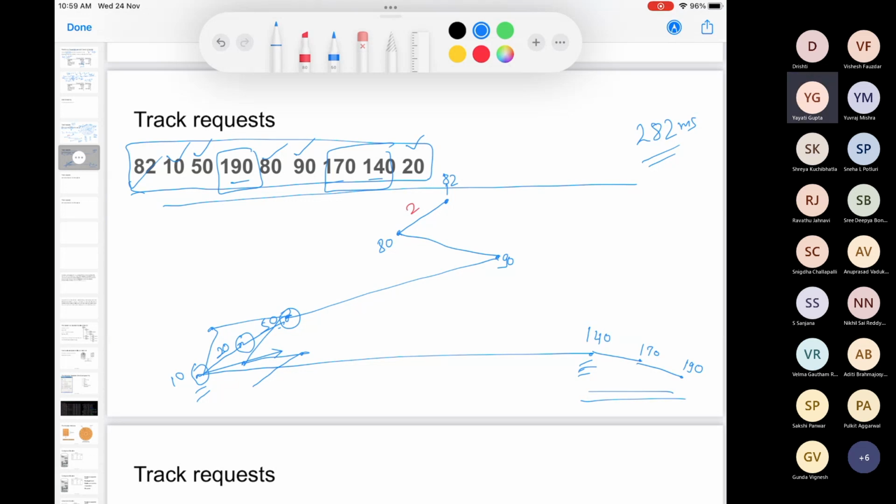So do you see there can be a problem of starvation here? And so you'll always try to only serve those requests which are nearest. And you'll always try not to go far away. But then what will happen to those tracks which are far away? You might end up never serving them. Right? So it can lead to a starvation. So any other approach which we can use apart from FCFS to reduce the seek time.